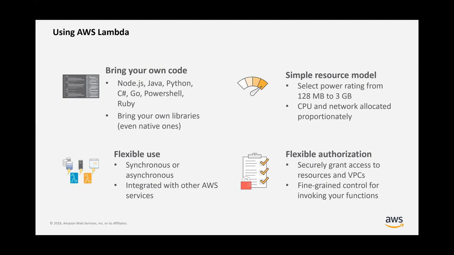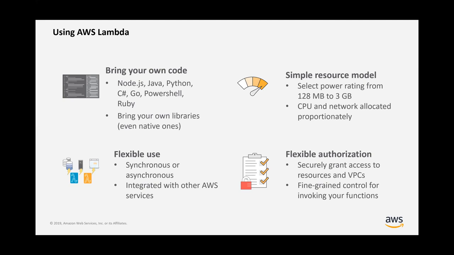So it's only allocated to that very one call, let it be an API call to an e-commerce website for a customer, for example, who is browsing your catalog item. That itself is one function call. So when we provision Lambda, we have to think about that call, that instance of that function, how much memory it would take. So it's flexible between 128 MB to 3 GB. If you have something really intensive, maybe data retrieval or an analytics workload or something like that, CPU and network will be allocated proportionately to this automatically also.